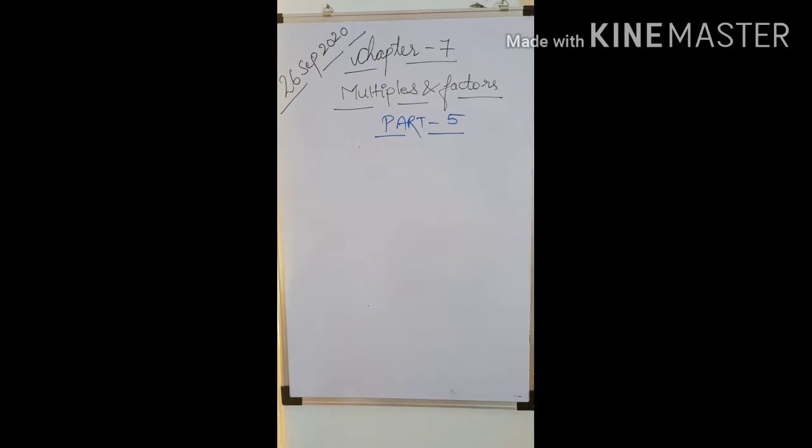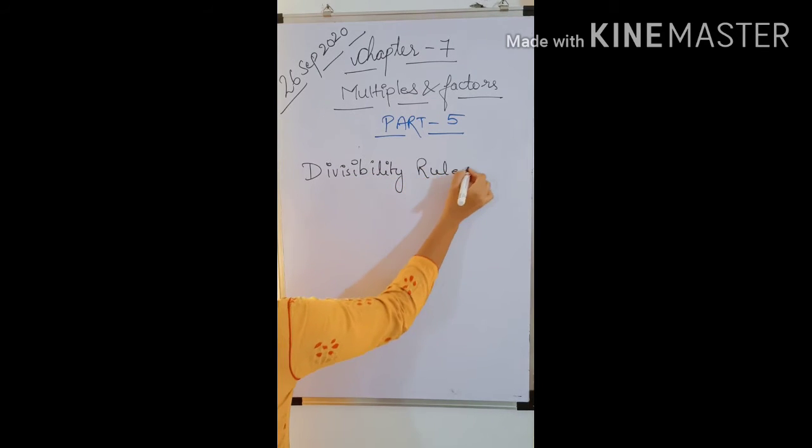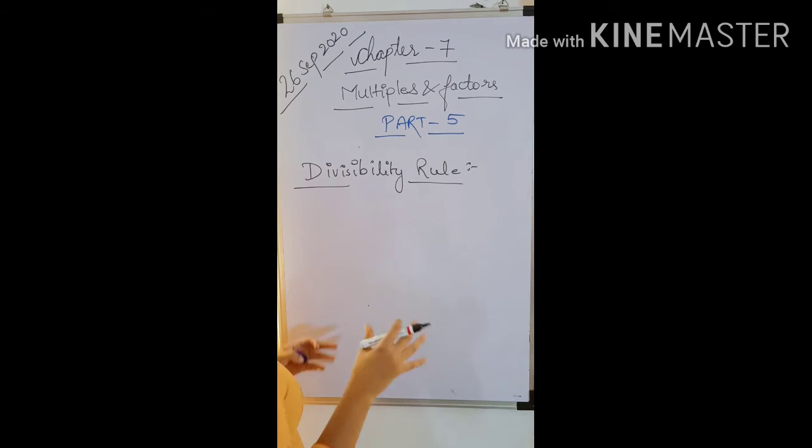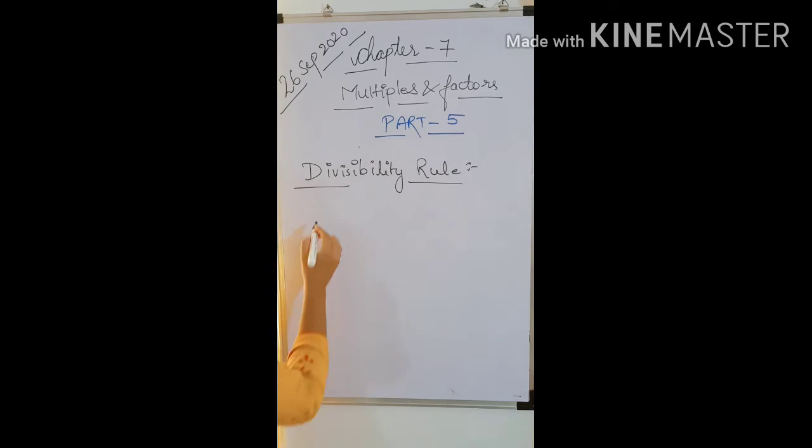In this video, we are going to learn about the divisibility rules. We are going to learn about the new topic, that is divisibility rule. Now what is divisibility rule and why we are using it? First of all, we do not have to divide the number. We do not have to find the actual division. Without actual dividing the number, we can find whether the given number is divisible by another number or not by applying some of the rules. Let us learn the rules one by one.